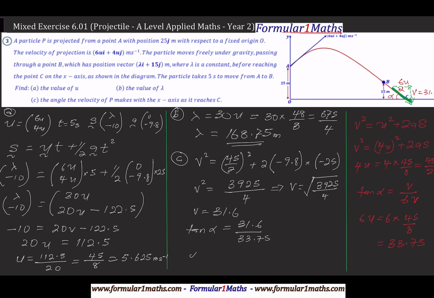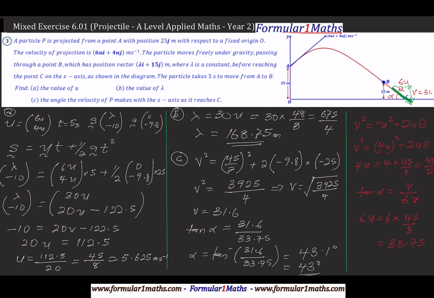So alpha equals tan inverse of 31.6 over 33.75, and that gives me 43.1. So if you write this to 2 significant figures, we are going to get 43 degrees, and that is the answer